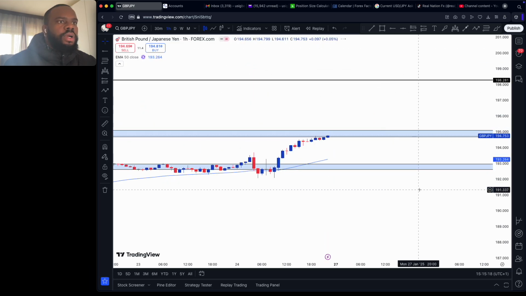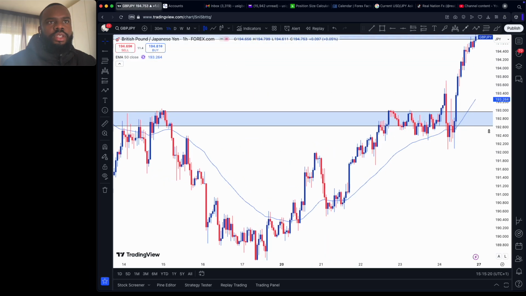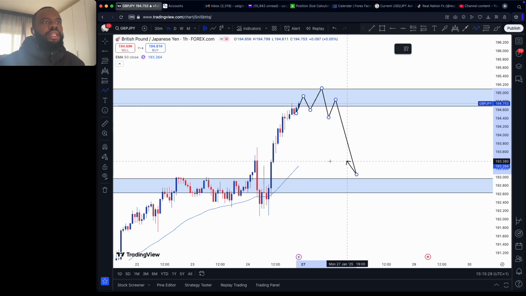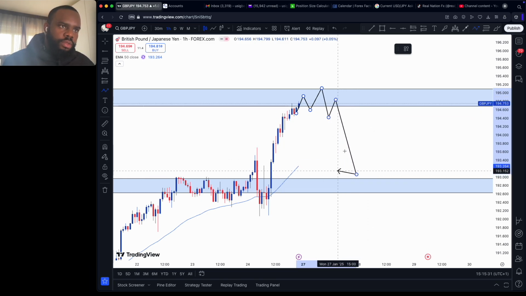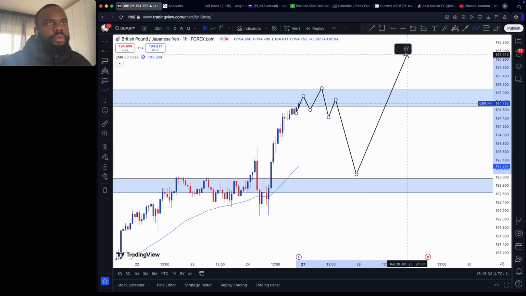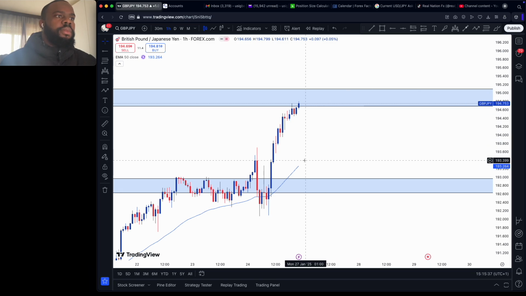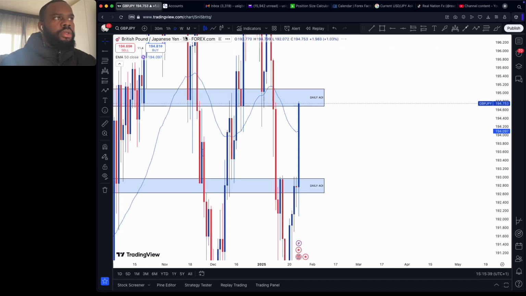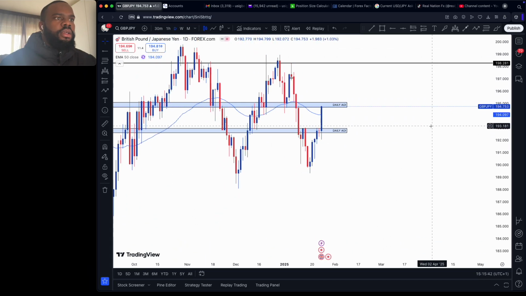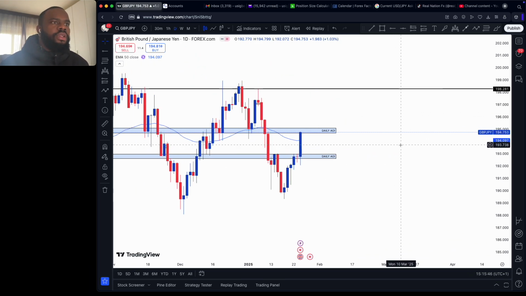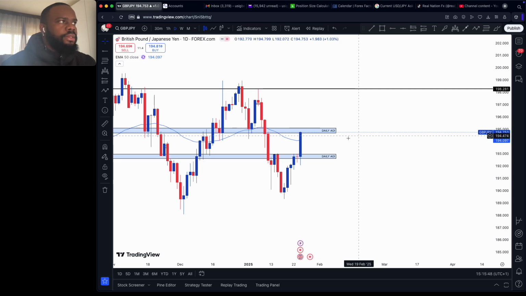On the 1 hour time frame, if I'm able to see a reversal pattern, like see price do something like this, I'm going to sell back down to this zone before the buy will continue, if the lower time frame gives that confirmation. So for GBP JPY, I'm going to actually wait for price to develop itself. So let's go to